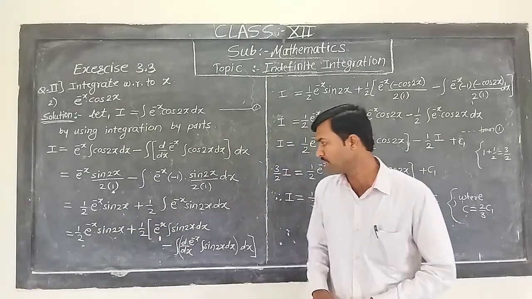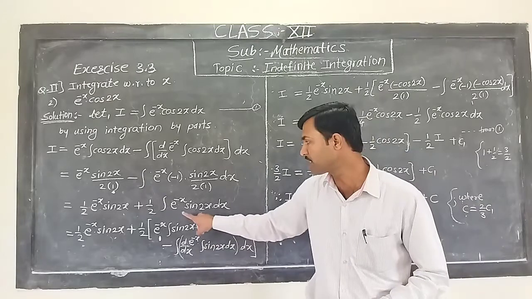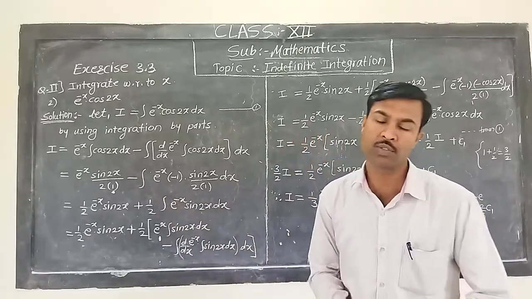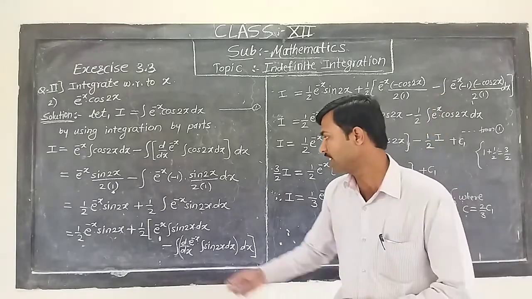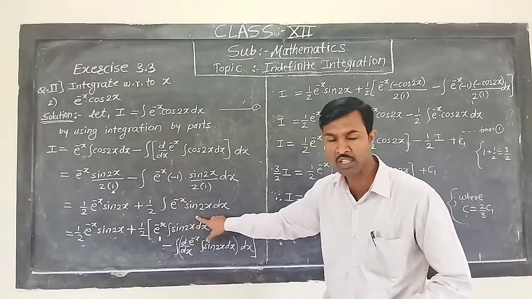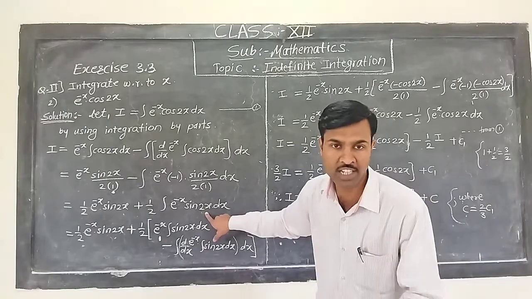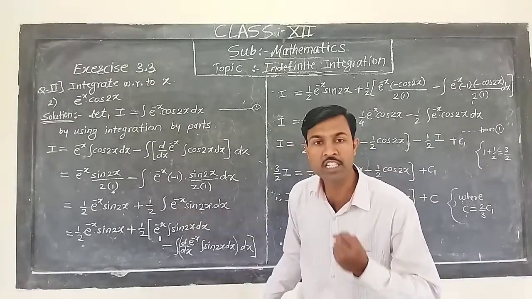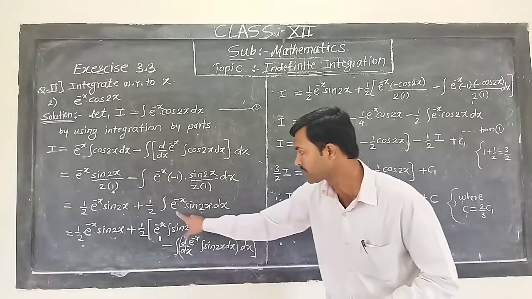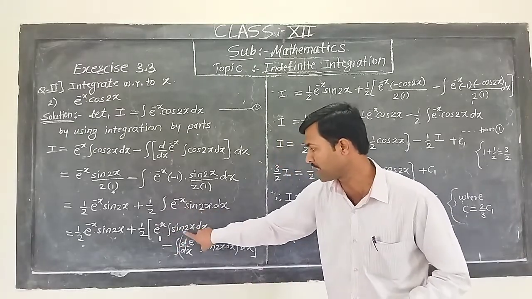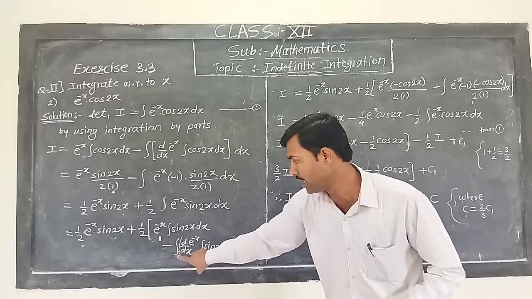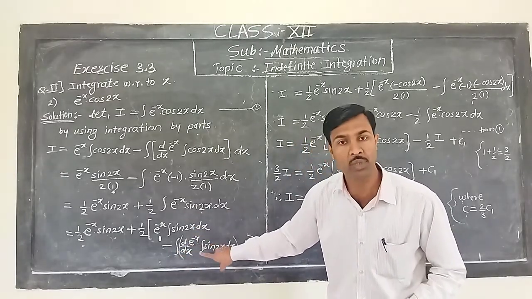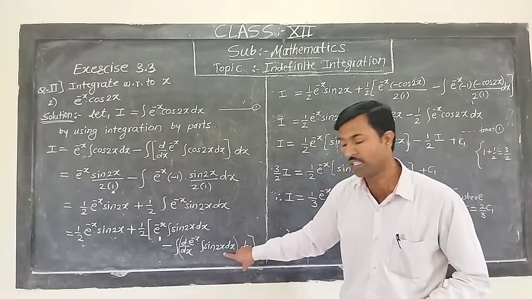If you observe here, you will see that again there is a product of two different functions in this integration. So applying the same rule, as it is a product of exponential and trigonometric, we always take trigonometric as the second function. So our first function will be e raised to minus x, and by applying integration by parts, it will be first function into integration of second function, minus integration of derivative of first, that is derivative of e raised to minus x, into integration of second into dx.